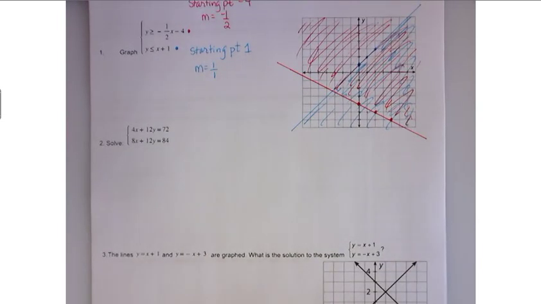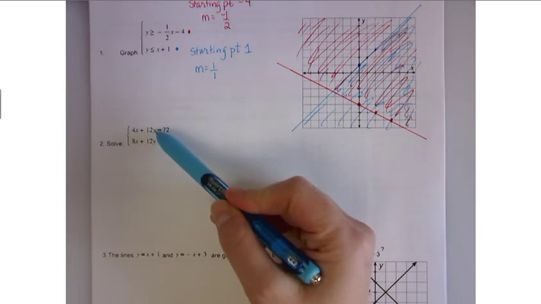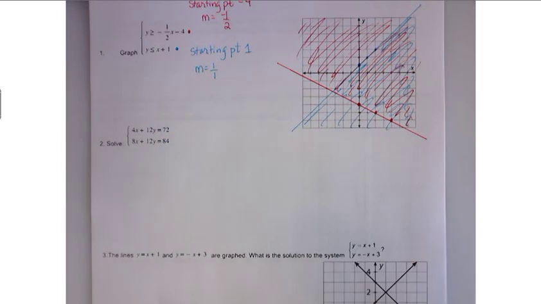Okay, question 2, straightforward, solve it. So right now we're looking to see where those two lines cross. So we're looking for an x point and a y point. So the first thing I'm going to notice about this one is that I've got a 12y and a 12y, so I know that I can use elimination for this. I always say I want to add down. I want to add